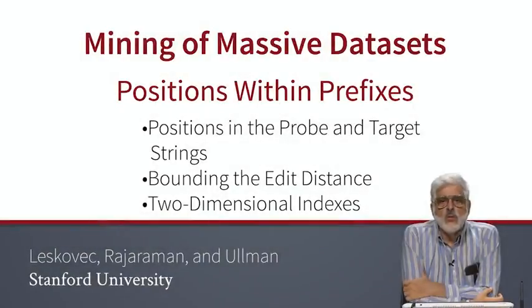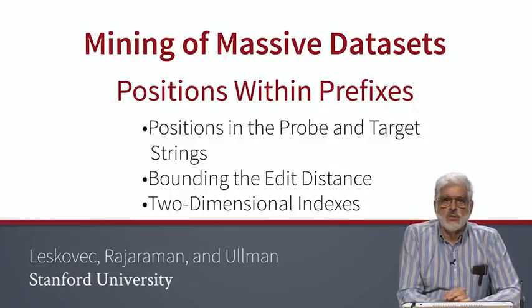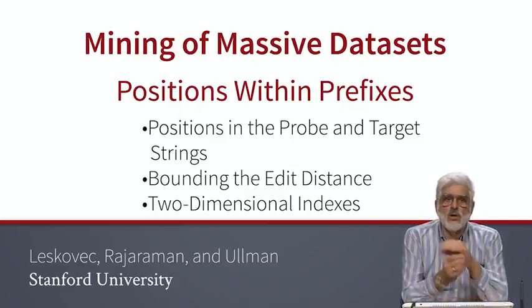We can do considerably more to limit our search for candidate matches. The next step is to consider not only whether the prefixes of two strings have a symbol in common, but whether the first common symbol appears close enough to the fronts of both strings. The fact that no symbols before them are common to both strings will put a lower bound on the edit distance of the strings, and this lower bound, in turn, will place a lower bound on the Jaccard distance between